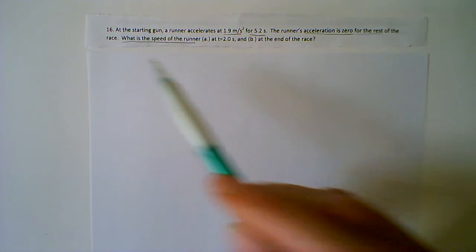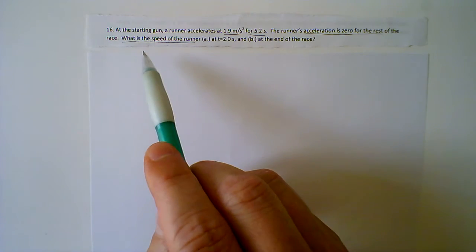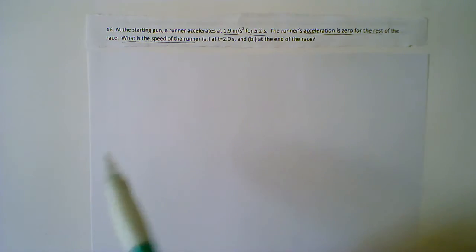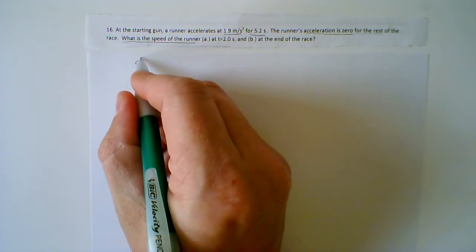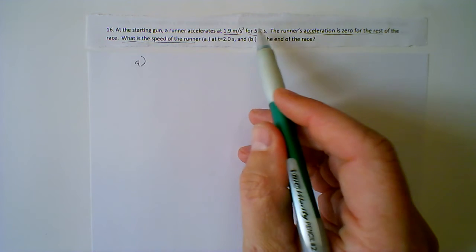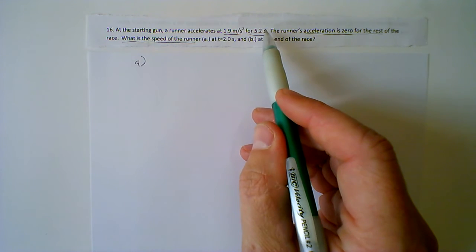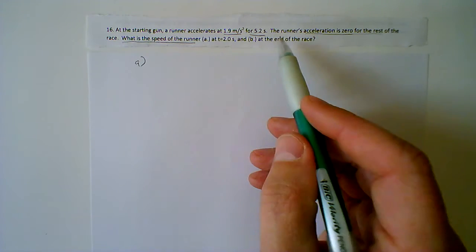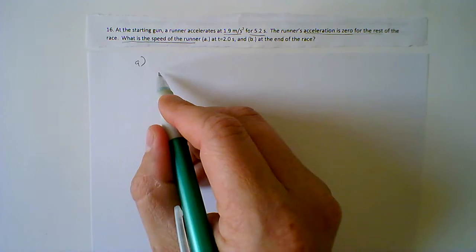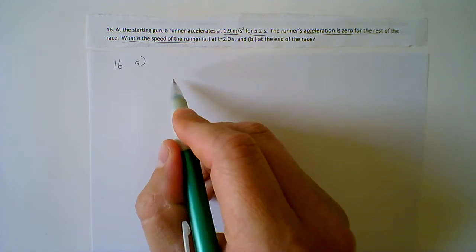So after reading this problem, we find out that they're asking what is the speed of runner A at 2 seconds. We're going to start there. The reason why is this 5.2 seconds is not going to come into play for the beginning question. The acceleration for part A is going to be